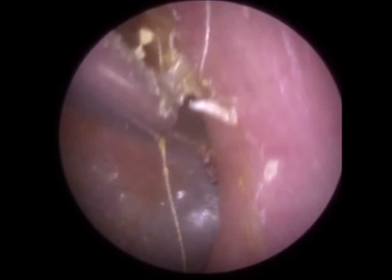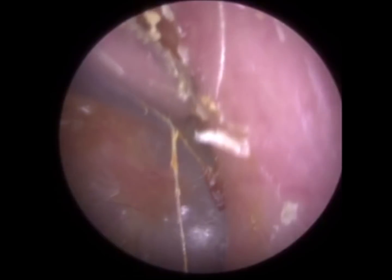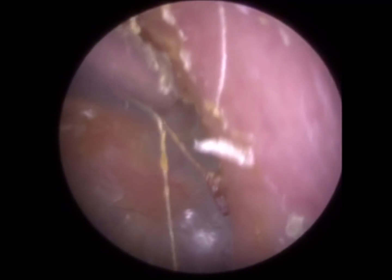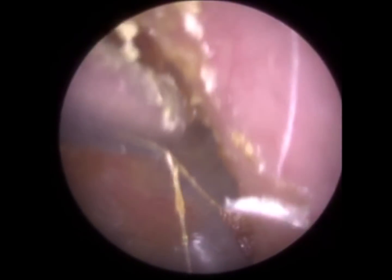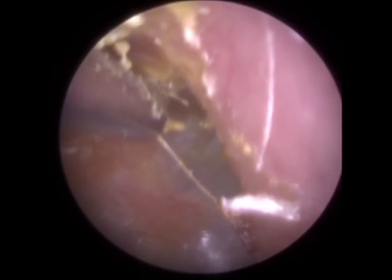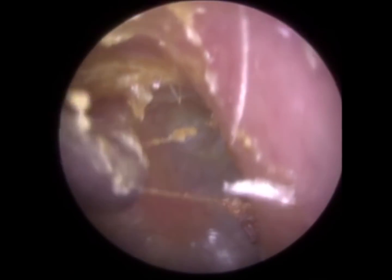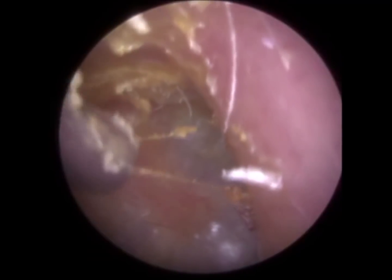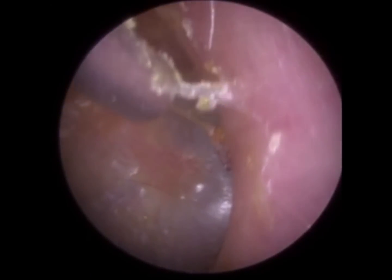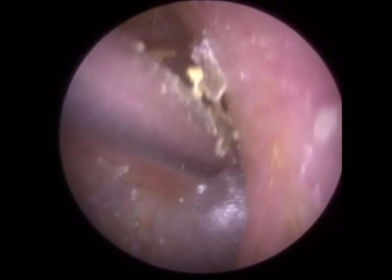So we're working very deep in the ear now, in the inner two thirds, where, again, if you've been watching my videos, you should be aware this part of the ear canal is very sensitive. It's literally a thin layer of skin measuring 0.1 millimeters in thickness, coating a piece of bone basically. So there's no fatty tissue, no cartilage. So if you do make contact with the bony part of the ear canal, believe you me, it will be slightly uncomfortable for the patient. So you can see we're just trying to avoid